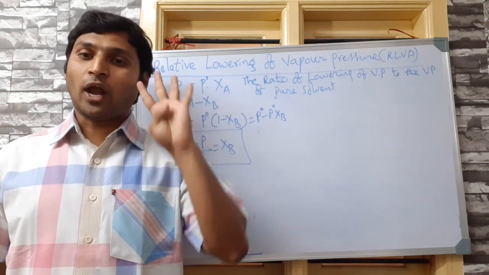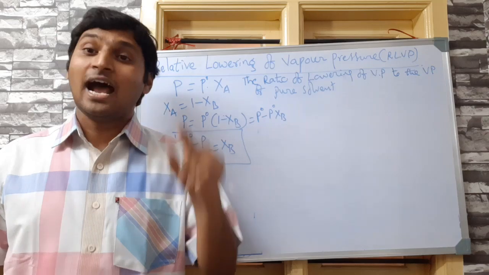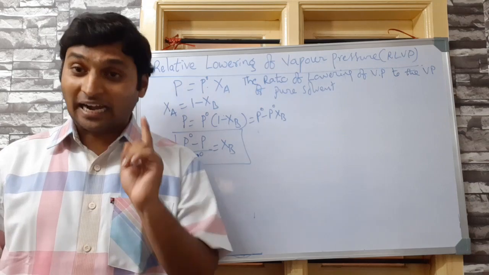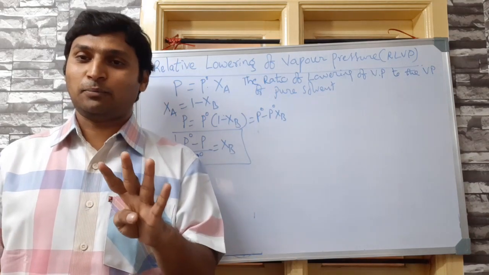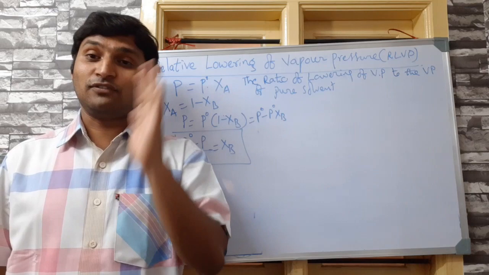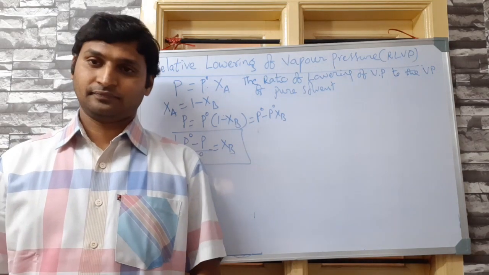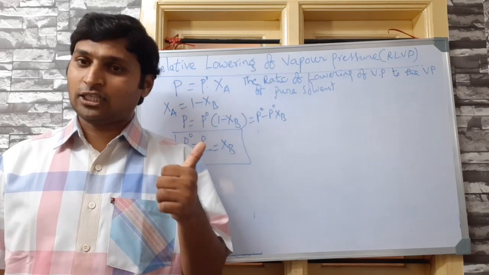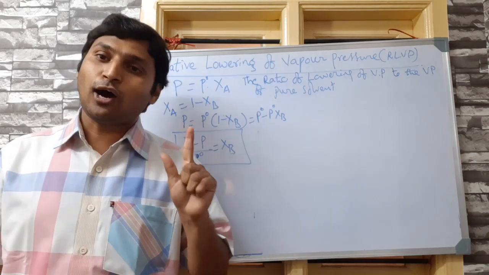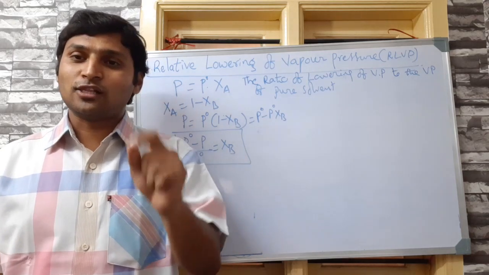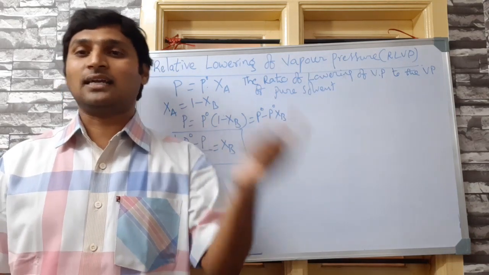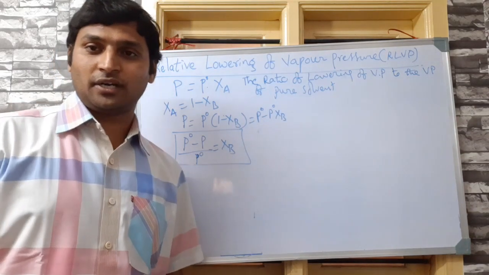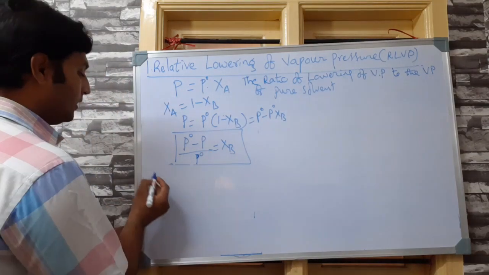So every one of these 4 colligative properties is useful in finding molecular masses of unknown solutes. That means every one of these 4 colligative properties should be related to the molecular mass of the solute so that we can find it out eventually. Is that clear? After understanding the definition and the formula of a given colligative property, you should also understand the relation between molar mass and the colligative property. That is what I am doing now. That's why I gave so much introduction. Let's go.